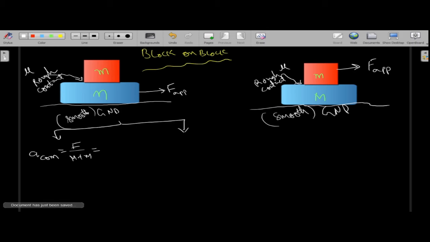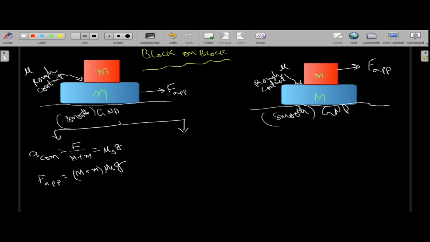Now, for that pseudo force, because of the static condition, the acceleration a can be taken as mu s into g. Therefore, the common acceleration, either in terms of the upper block or the bottom block, is common, given by F by M plus m in terms of applied force, or in terms of static friction between them as mu s into g. Therefore, what is the applied force that we need for the common acceleration? That is nothing but simply (M plus m) into mu s into g. We can write this down as the first equation here.